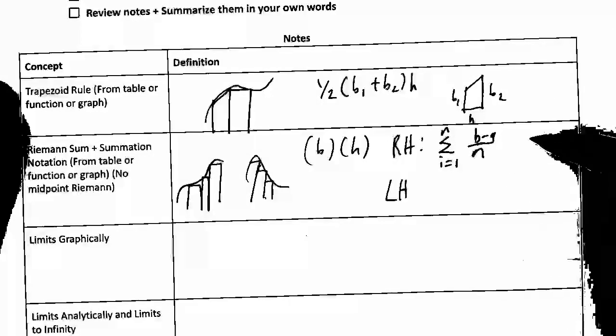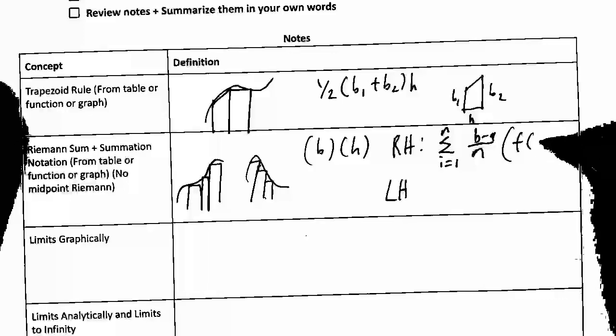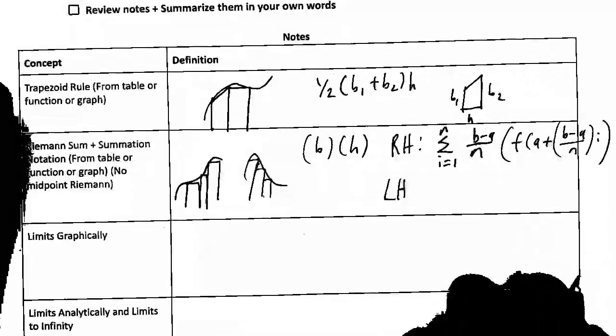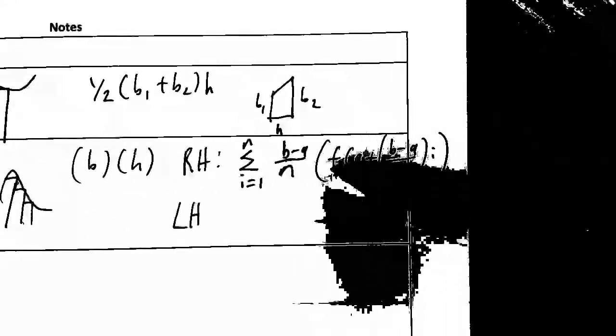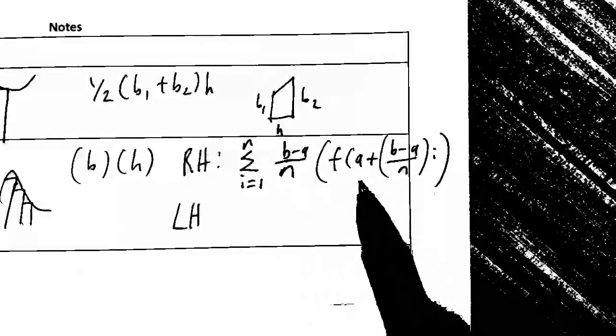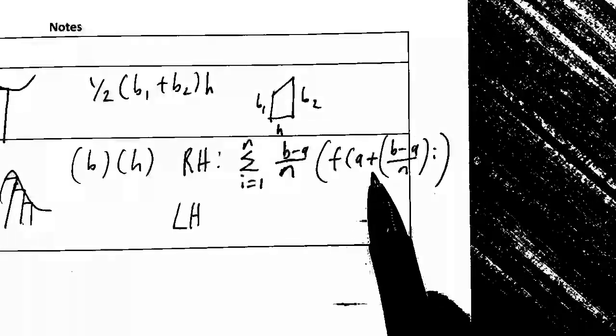That's the width, times f of a plus b minus a over n times i. If I zoom in here, b minus a over n is the width. Then we're multiplying width by the height,